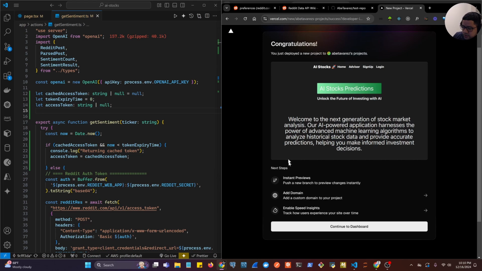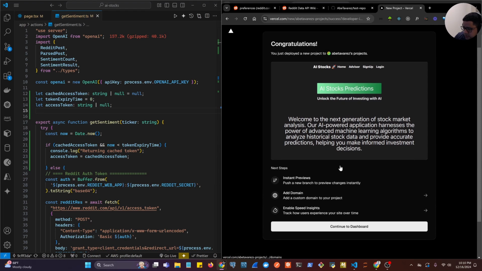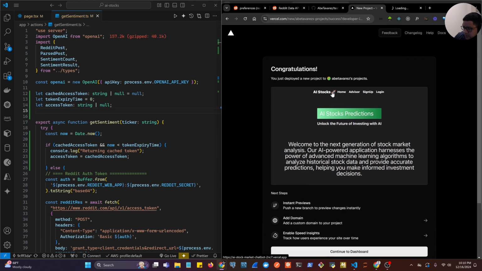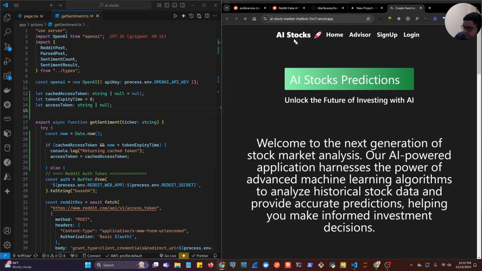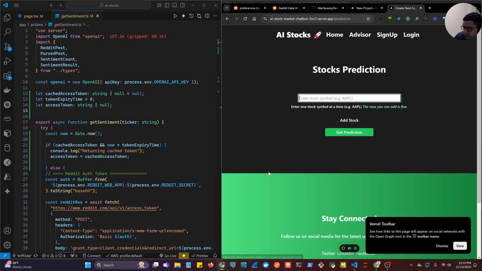All right, so if you didn't get any errors, you should be seeing this screen right over here which says congratulations, you have a new project, and now you should be able to go to the dashboard, add a domain name if you want to later. But we can basically go and right click or open this in another tab so we can see the deployed site in here, and we can navigate to the advisor, we can navigate to the stock prediction, we can type our app, test it out,